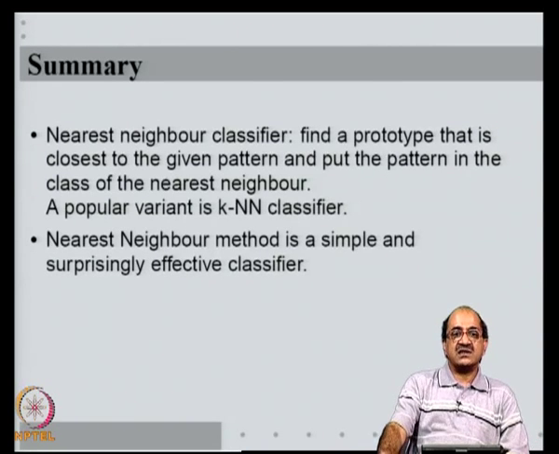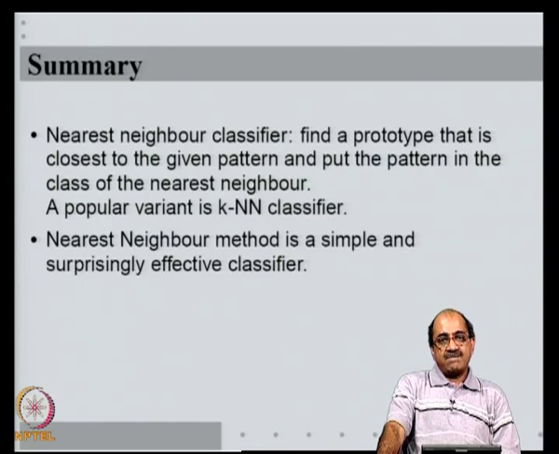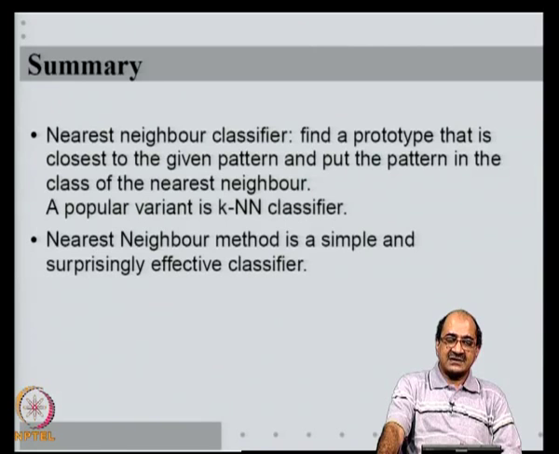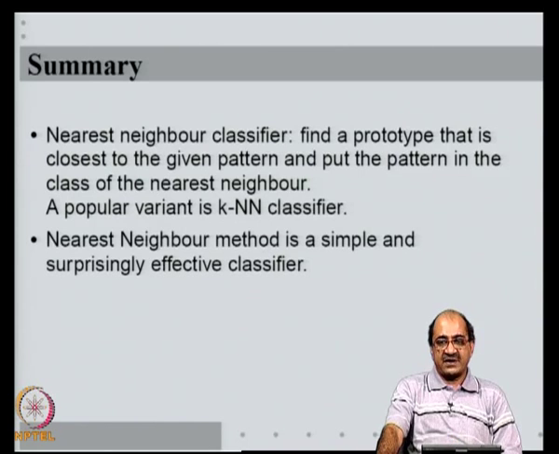So, nearest neighbor classifier is one other approach, and the issues there are how do I choose the prototypes, how do I decide on the distance metric and so on. But given certain choices for these issues, a nearest neighbor method is a simple and very effective classifier. When we consider certain techniques for density estimation, we will come back to the nearest neighbor classifier, explore its relationship with Bayes classifier and revisit the issue of how to bound the error probability of the nearest neighbor classifier by the Bayes classifier error.